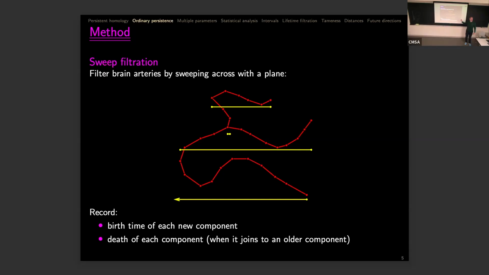You've moved from right to left, but you could be moving at any angle. Presumably there's no particularly simple relationship between the results that you get at different angles. Excellent question. There is no particularly simple relationship between what you get from different angles. However, one thing people like to do is say, what if, in the manner of a Radon transform, I sweep across in all possible directions? There's a theorem: if you record the Euler characteristics, not even just the homology, in all those directions, it is